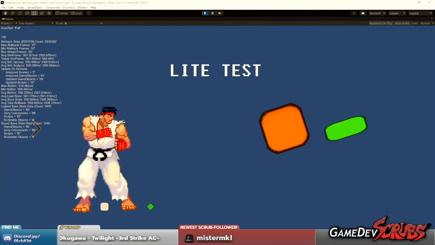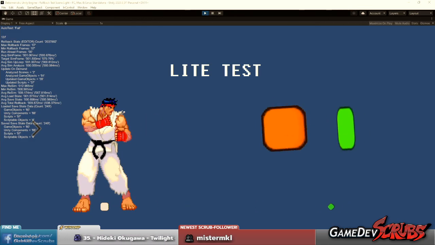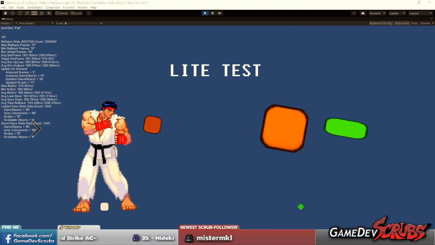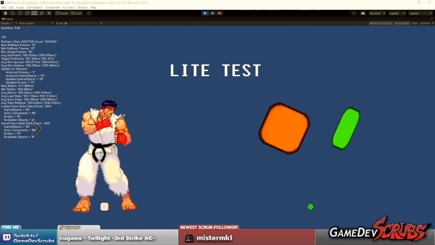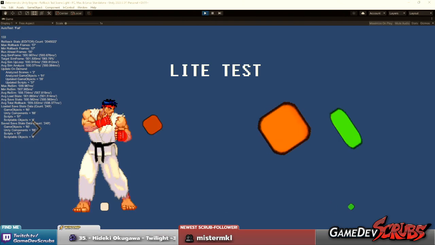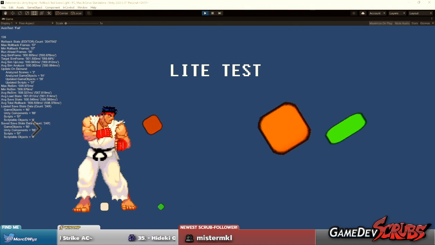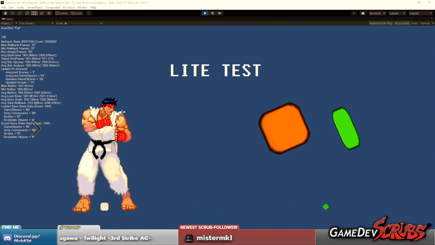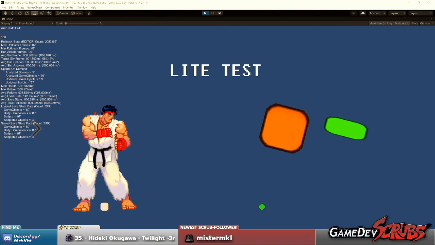And Guilty Gear +R, Accent Core +R, or XX Accent Core +R, whatever. Big long name, Super Turbo Syndrome. That one, they had the control to get to the source code and to make those changes. So that one's not brute forced. It was actually very well done. When it was just a mod for the Steam version, they intelligently went in and started manipulating the executable of the game, and that's a little different than just straight up brute forcing it. It's kind of a hybrid. So that was a smart way to do it to begin with.